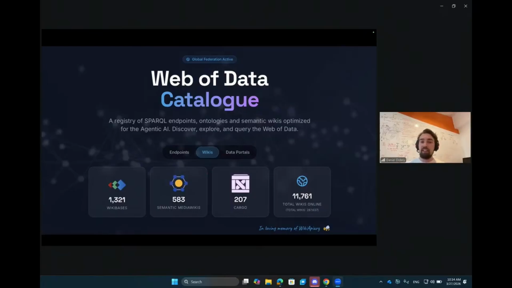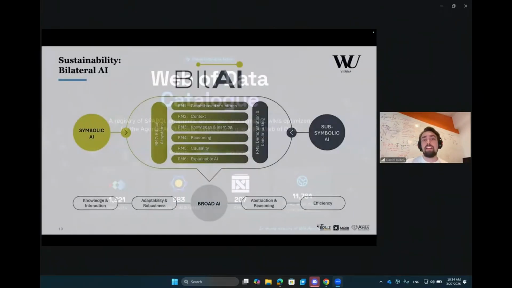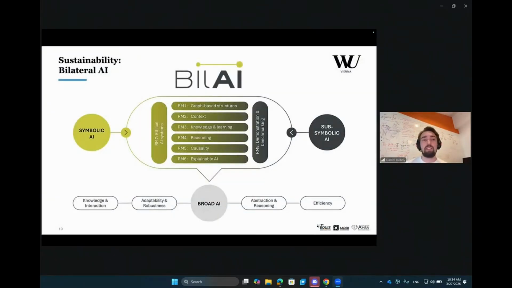So the cornerstone of the catalog itself are the wikis, including structured wikis, semantic wikis like Semantic MediaWiki and Wikibase, and also Cargo. It is sustainable in the sense that it is supported by the bilateral AI cluster of excellence,